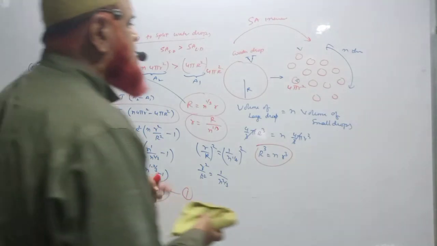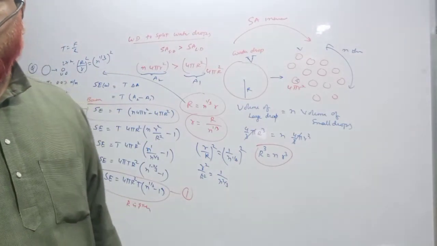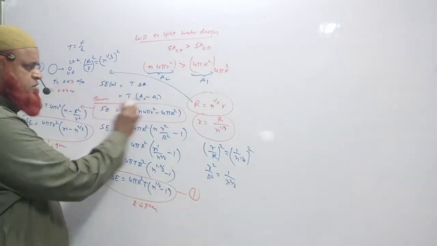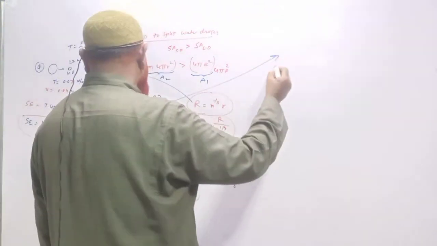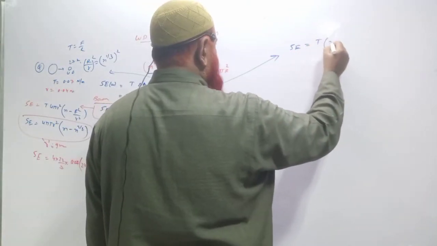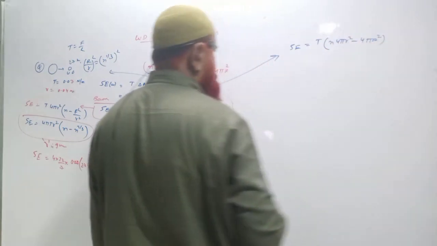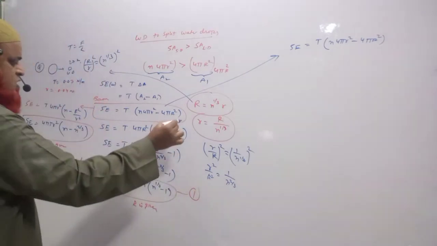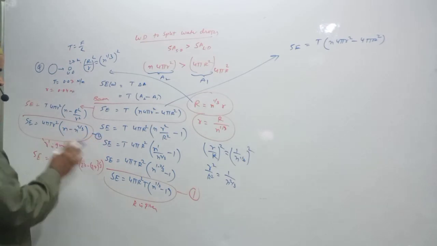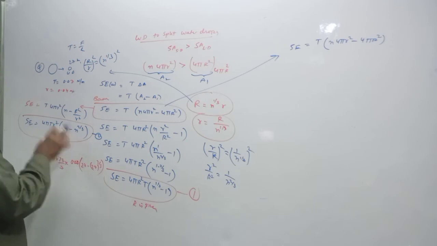If he gives volume, how do you have to find out? Okay. So if he considers the volume, I told you these are going to be the basic formulas. I will take this basic formula separately. Surface energy is nothing but tension into n power of 4 pi small r square minus 4 pi capital R square. This is the basic formula for all the formulas. I told you this is the first formula which is coming from this, and this is going to be the second formula which is coming from the same. If capital R is common out, this is the formula. Small r is common, this is the formula.